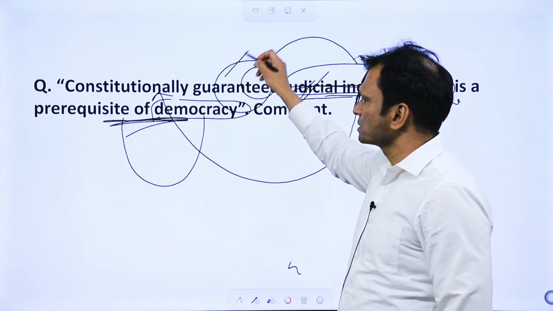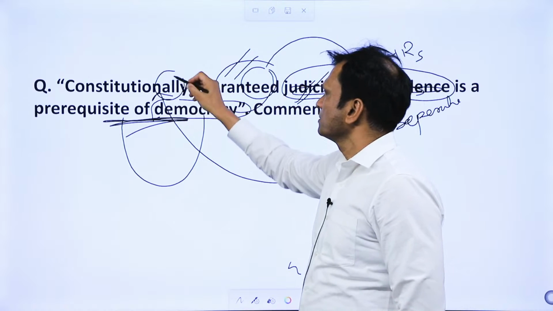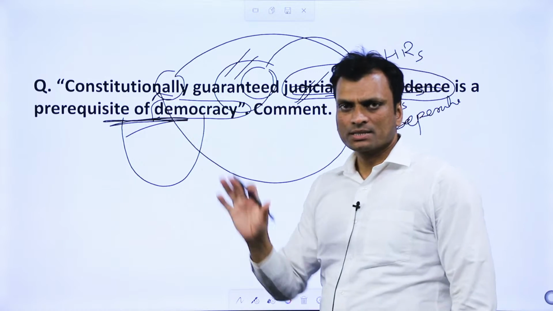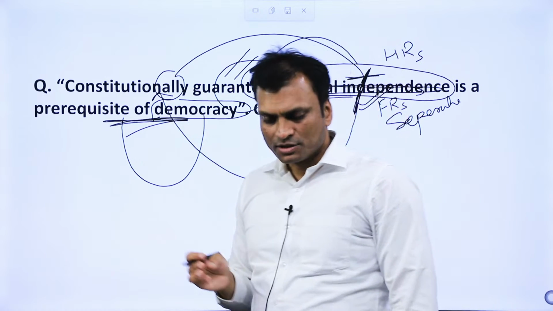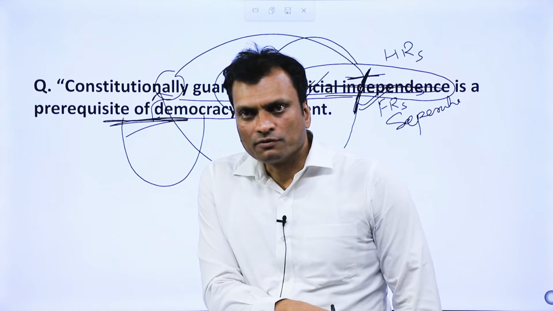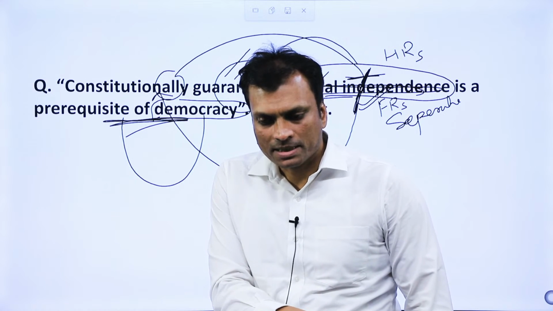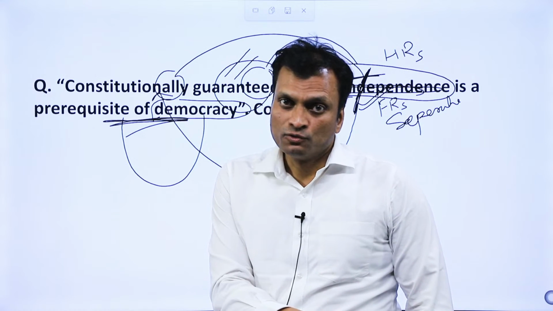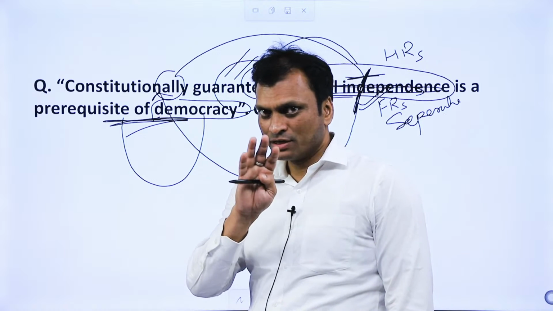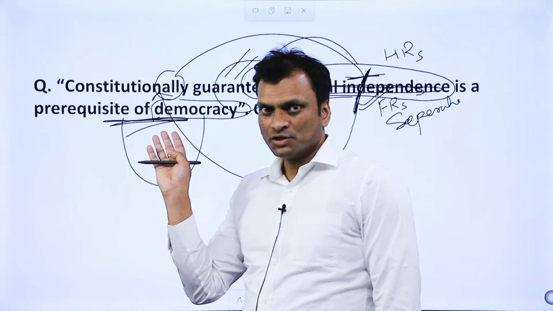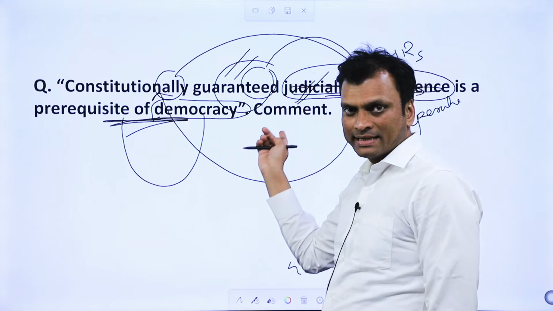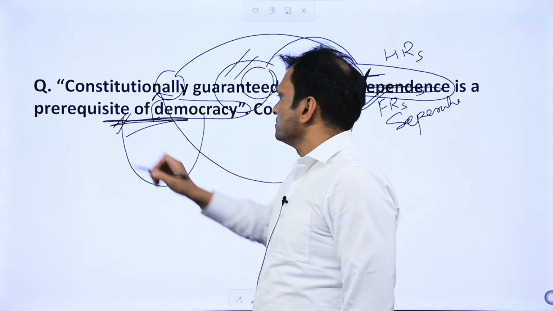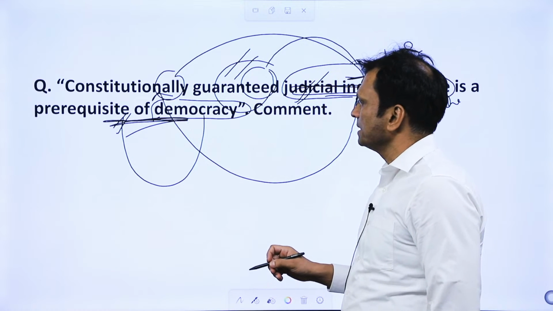What we did in the introduction, we provided the constitutional provisions for judicial independence in a general sense: basically security of tenure, security of salary, benefits and perks, appointment procedure, and more than that, removal procedure. Technically here we are not yet writing the NJAC case and all those things. That we will write later. Now the prerequisite of democracy here means very clearly that